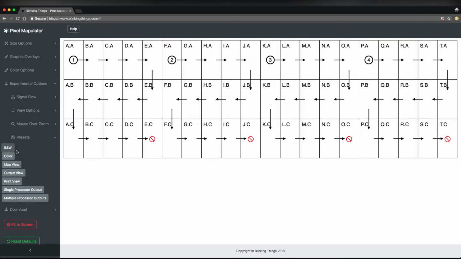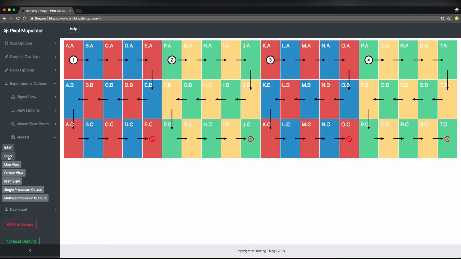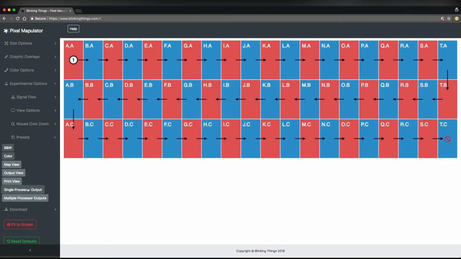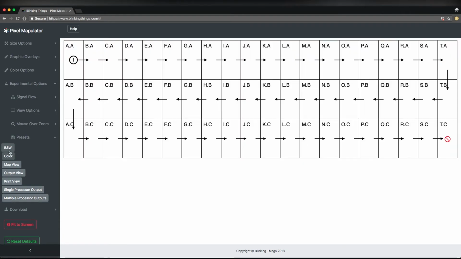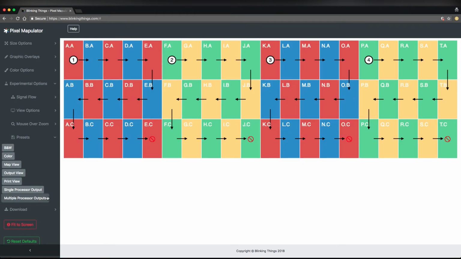Here's black and white. It makes everything black and white. Color, it goes back to color. A single processor output changes the processor limits, and multi-processor output switches it back to multiprocessor. This is just a quick way to illustrate the different options that you have without going through and clicking everything individually. So anyhow,